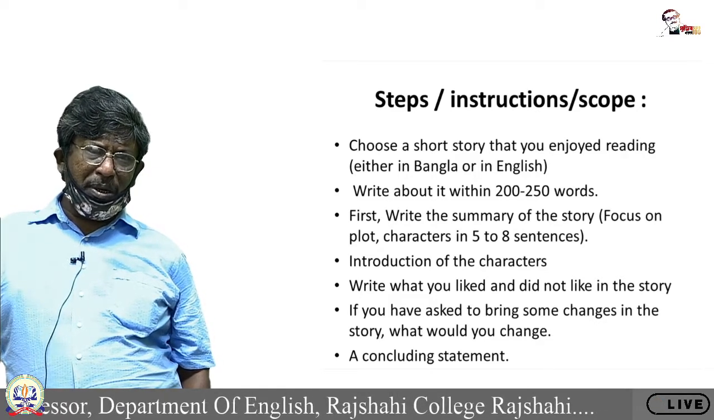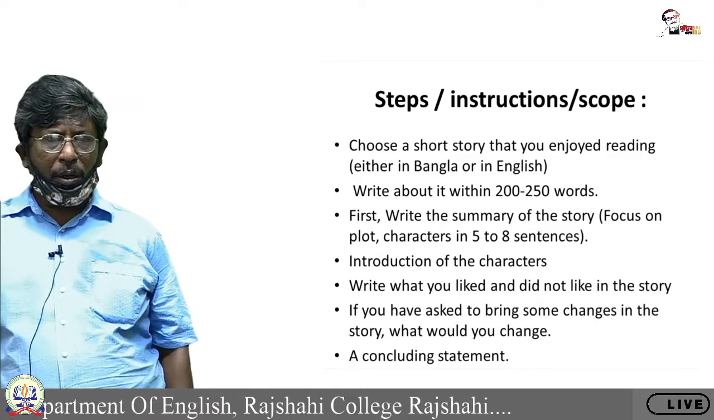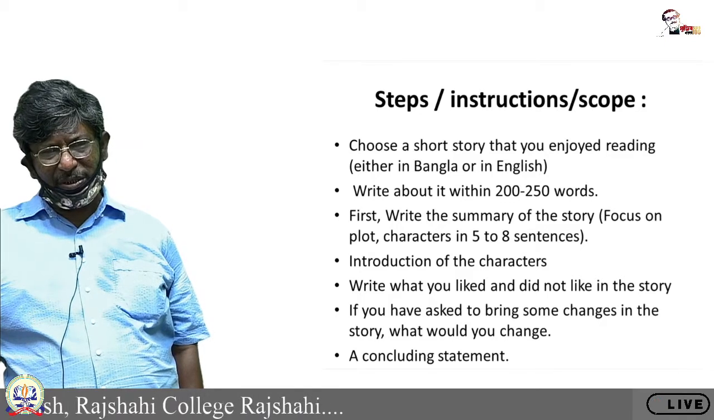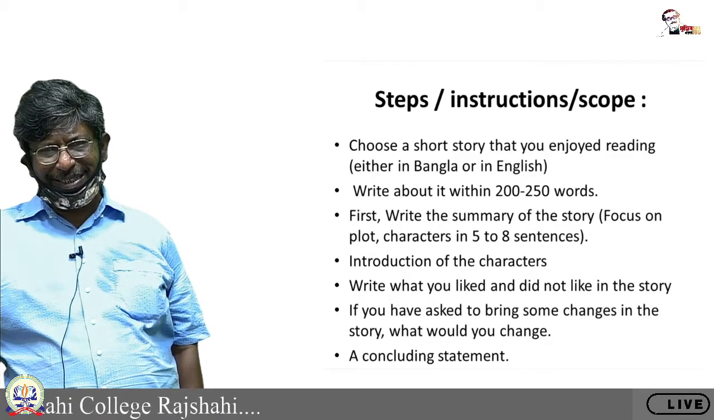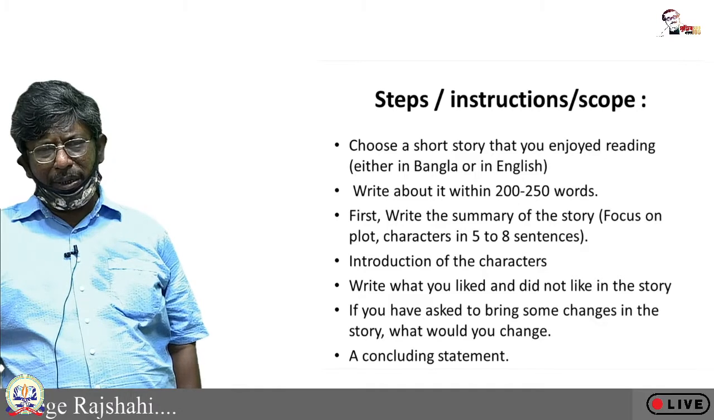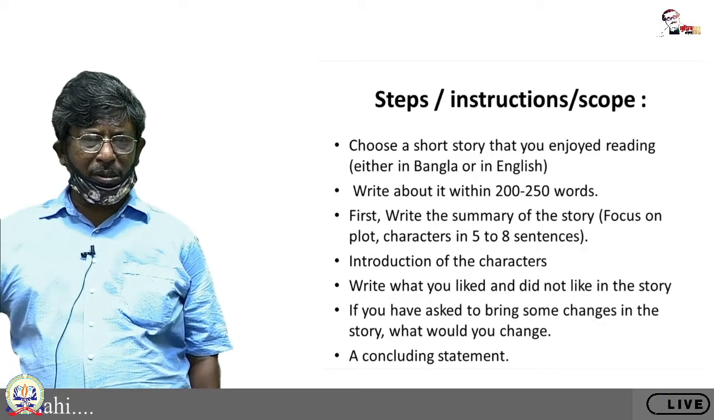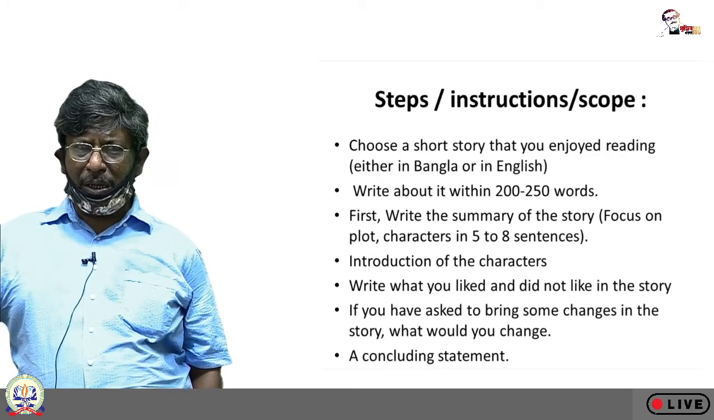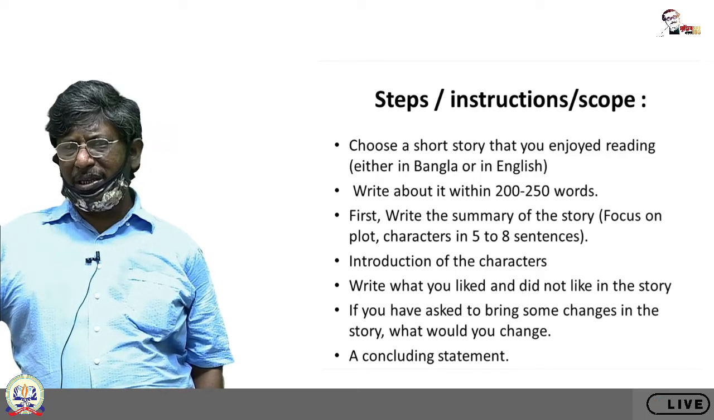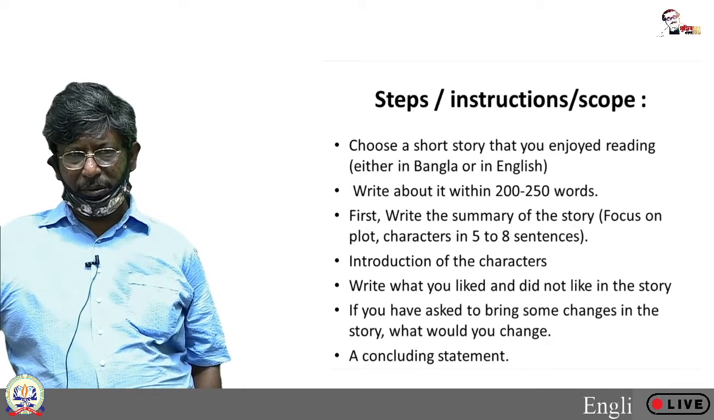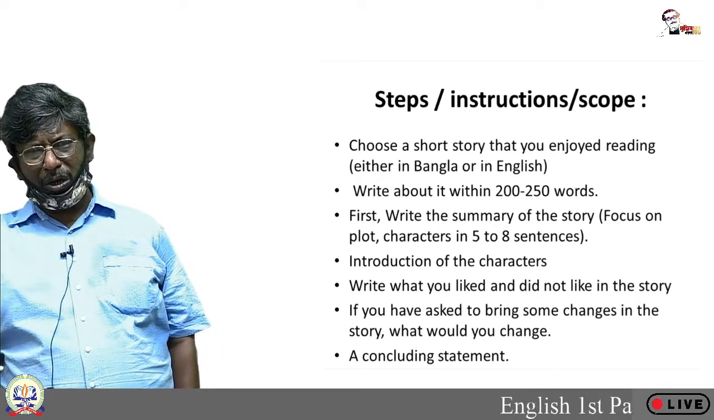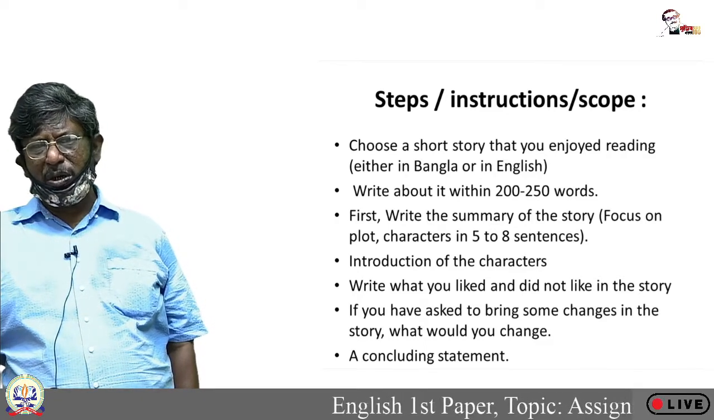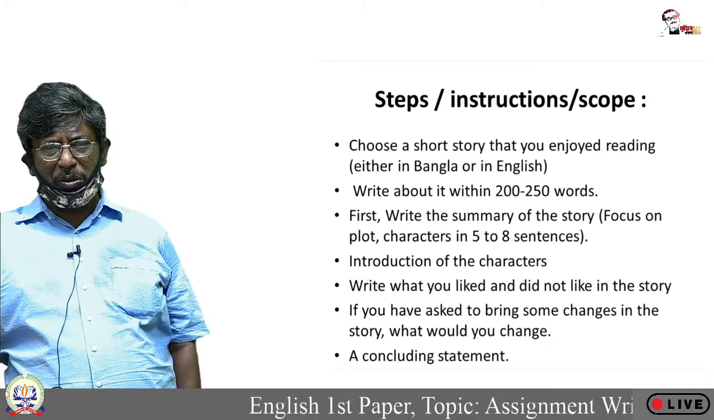At the same time, you should identify the major characters, the central character, the major characters and the minor ones in the story, and you will write all these things focusing on plot and characters in 5 to 8 or say 10 sentences. Your next job after writing the summary or synopsis of the story, you will introduce the characters,